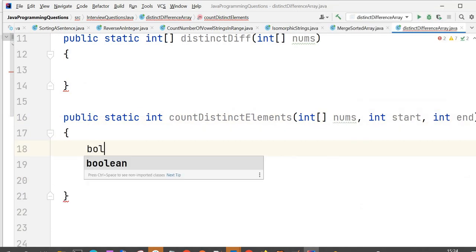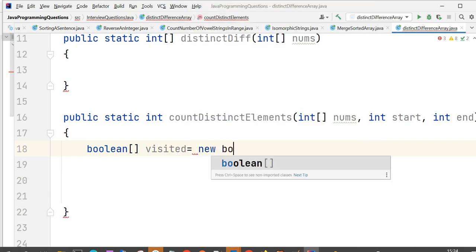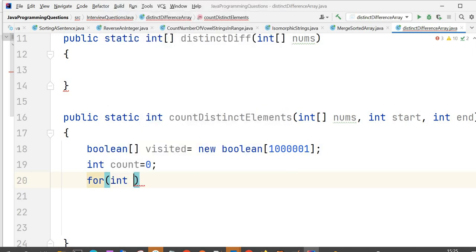So what was the first step? Firstly, we need to take one array to set the visited elements. That would be a boolean array, because we have to set true or false, right? And then we have to take one variable as count to store the count of elements. Let's run the loop, starting from start index till end index.